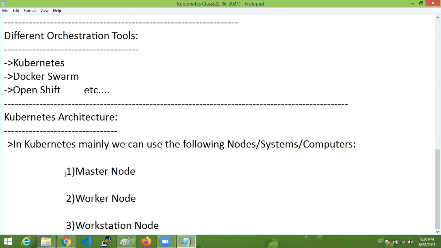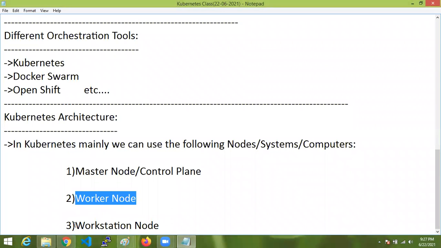In Kubernetes architecture, the first thing is the master node, or we can say the control plane. Next thing is worker node. Next is workstation. These three things you want to understand first.